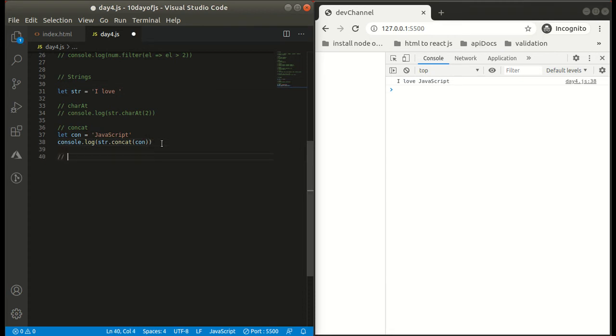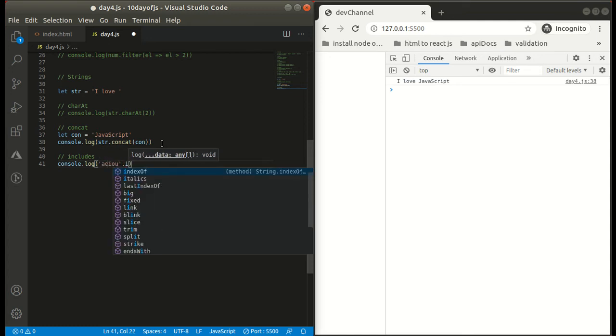Another method that we are going to use is includes. It returns a boolean value if our string contains the search string that we want to match against.